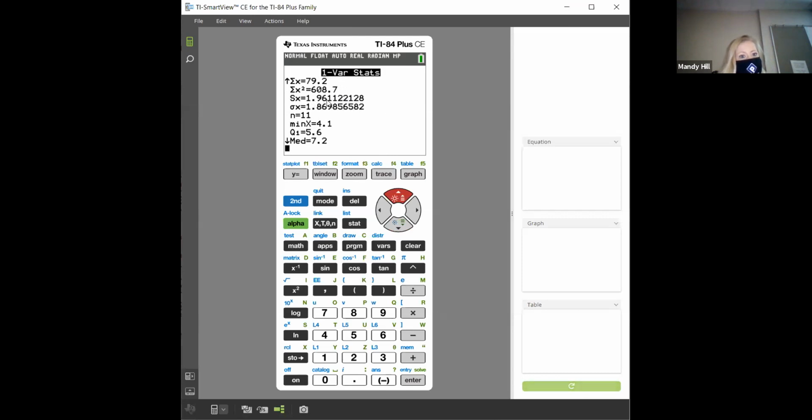So that number is going to be important, unless you would like to do all of those calculations every time, which I don't think you do. You may want to, but I don't think you do. So there's the standard deviation. Look at this number, this x squared, that's kind of important. They took all the x squareds and added them up. If you take the square root of 608.7,